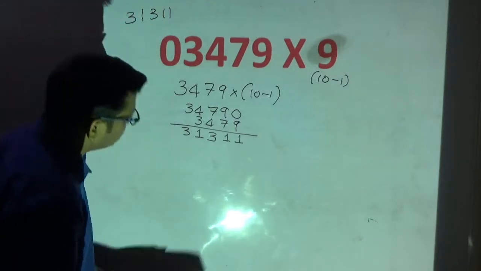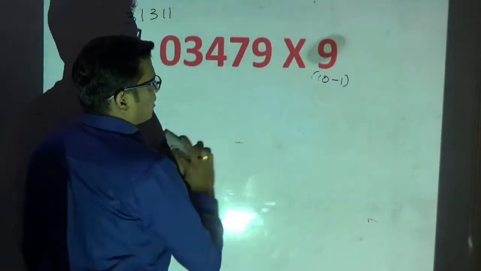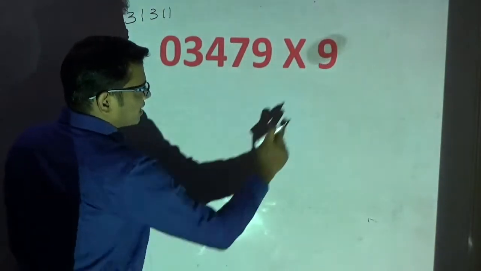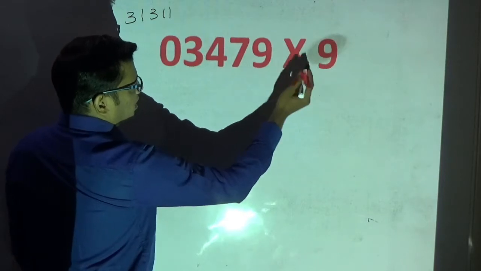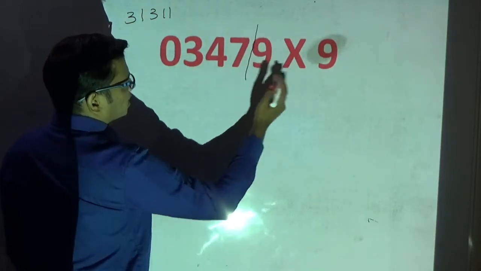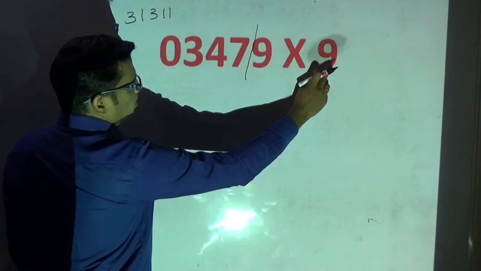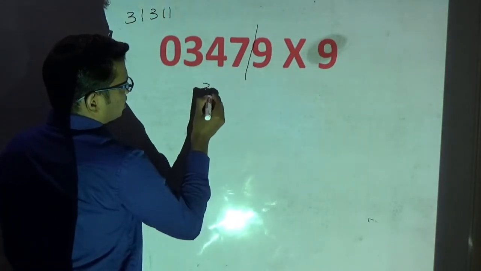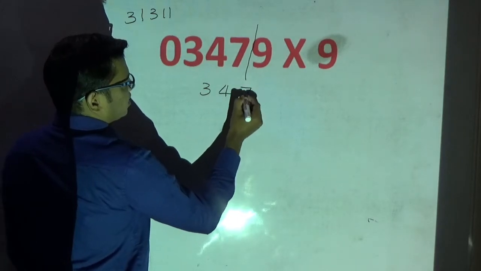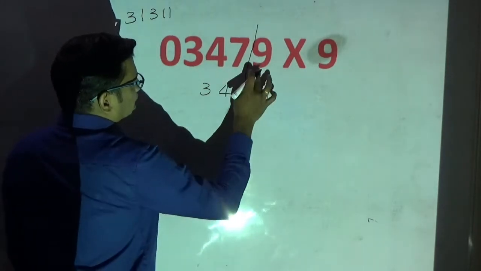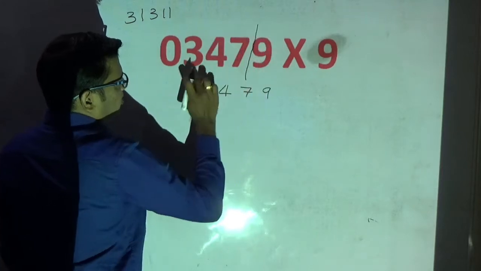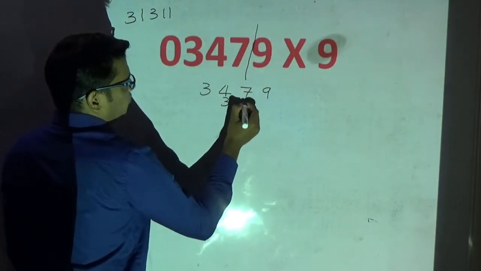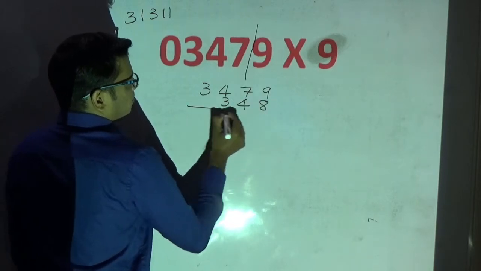Please observe that also. Now, see here, how many nines are there? Only one 9 is there. Therefore, you split the digit from your right side. There should be one digit here, as there is only one 9. Therefore, I am splitting one digit. Now, what you have to write? Write 3479. Then after splitting this, what are the remaining digits? 347. You increase this by 1, it will become 348. Then you subtract this.